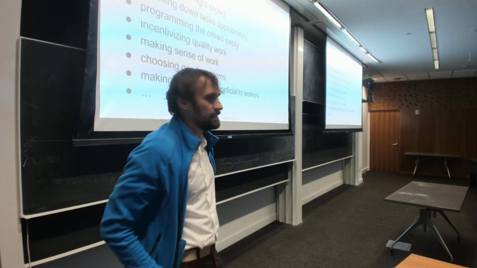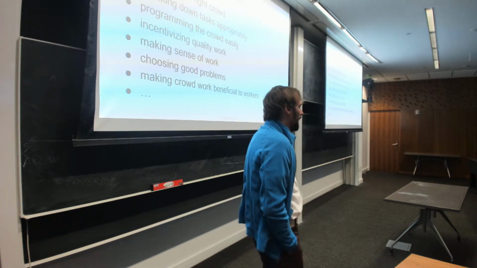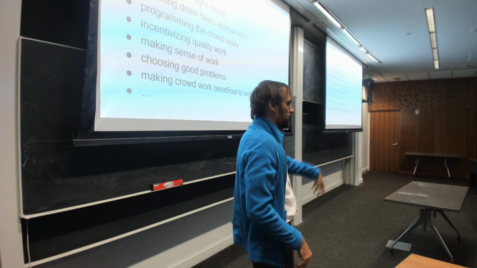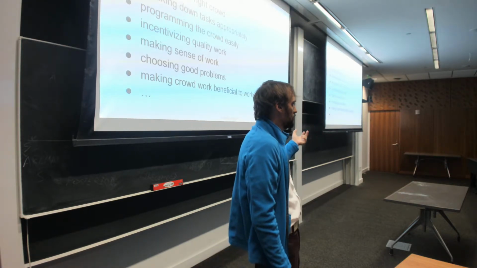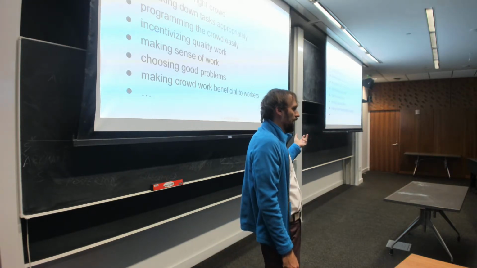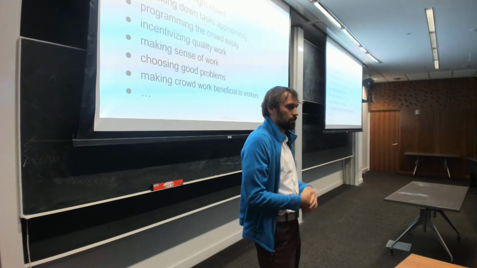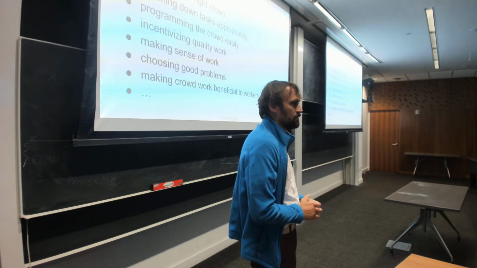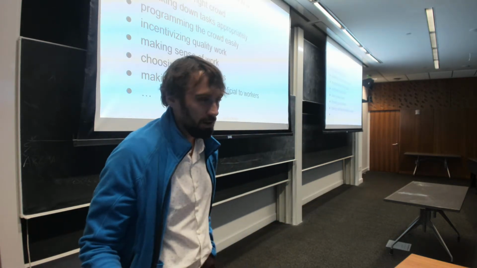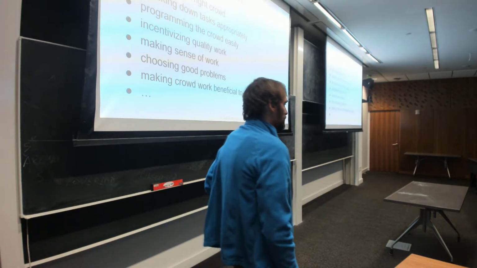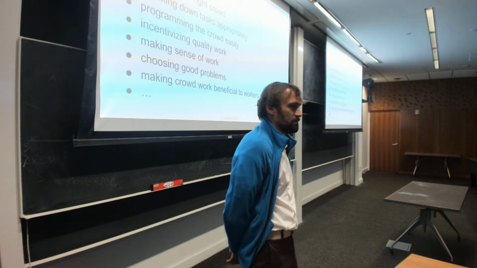So how do you break that down into something that people can do? Programming the crowd may not be obvious. If I take just an algorithm I have running, I essentially want to make a function call to a person. How does that actually work? How can we build computing systems, programming systems, that make it easy to do that sort of thing? A lot of questions there. How do we incentivize quality work? Everything becomes harder once you involve people.